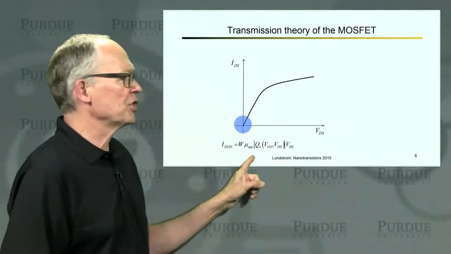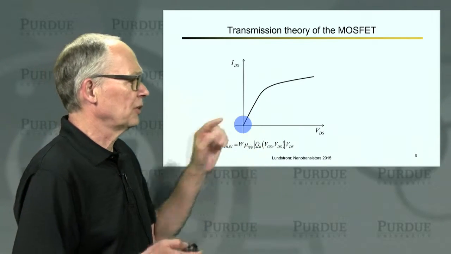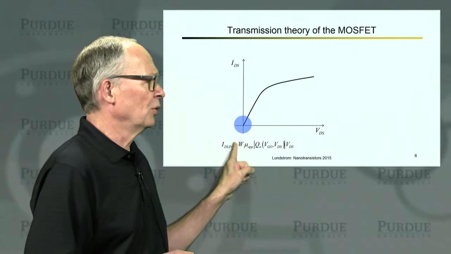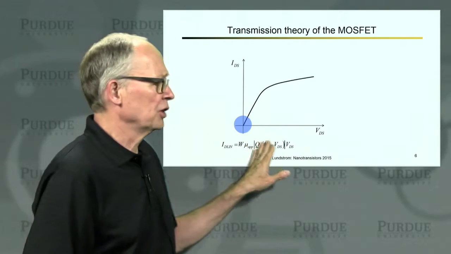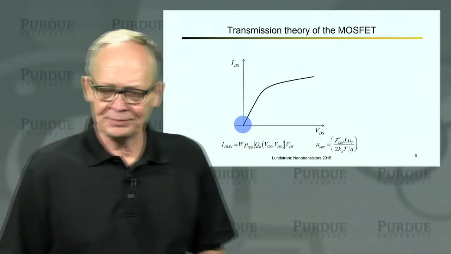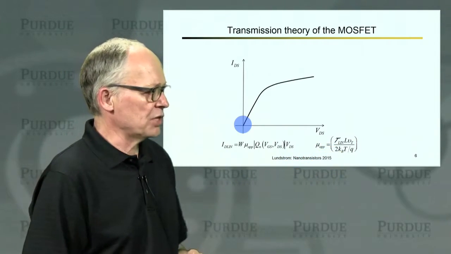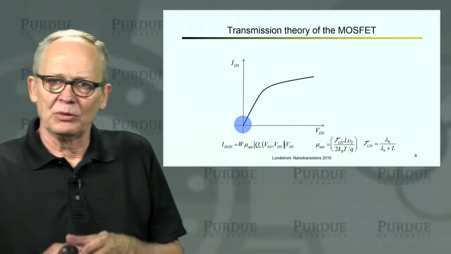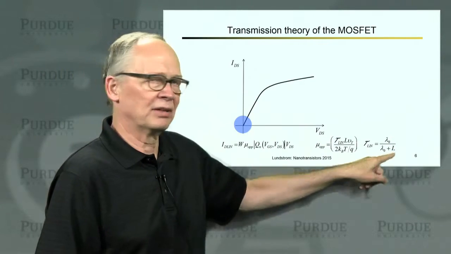So in the linear regime, we can write the final result in a form that looks very much like the traditional result, W over L, apparent mobility, charge times drain voltage. Now, this apparent mobility is related to the transmission in the linear region of operation, and that transmission in the linear region is related to the mean free path for backscattering and determined by the length of the channel.